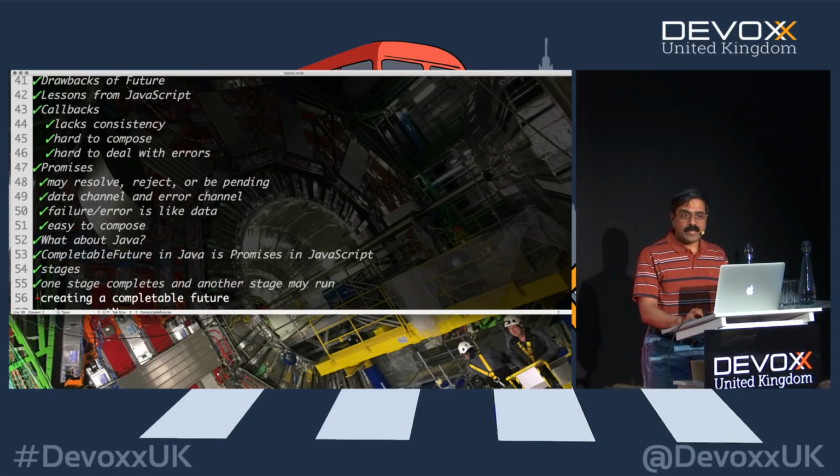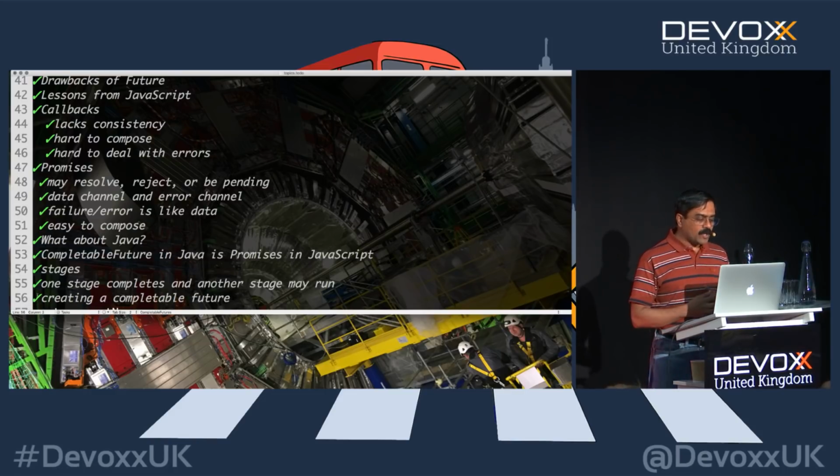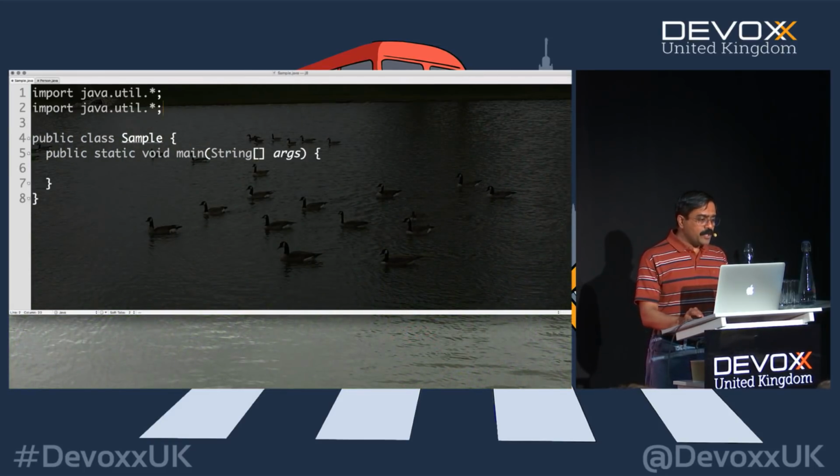And so how do we really create a completable future? How do we work with it? So I'm going to talk about how to work with this. I'm going to take some silly examples, but nevertheless it illustrates the point about how completable futures actually work. And along the way, we will learn about threads versus completable futures as well. So the first thing I'm going to do here is to bring in java.util.concurrent right here.